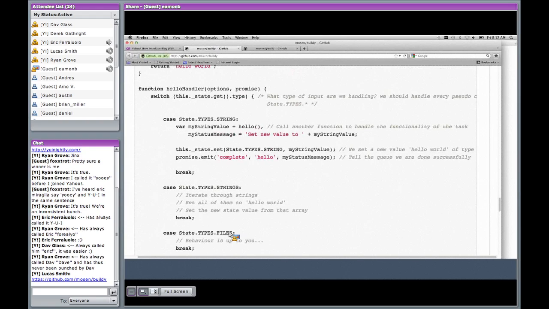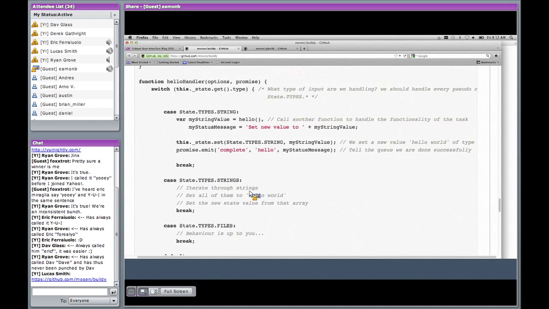So really, between your custom function being called and you emitting the event, you can do anything you like. You can use a child process if you like. If something's not available within Node, if you really have to execute something else, you could use a child process. But basically, the control is over to you, and it's up to your task to set that state object again at the end of it.